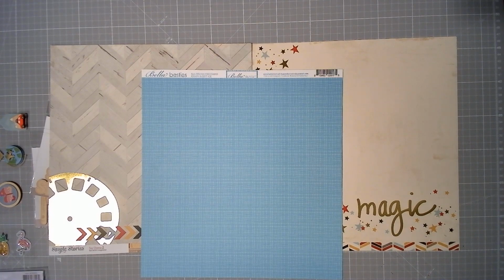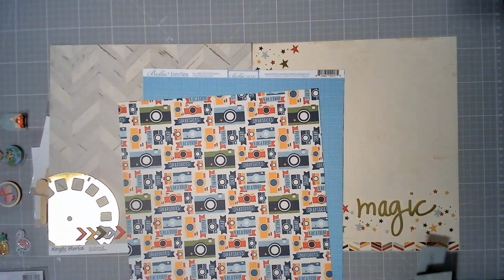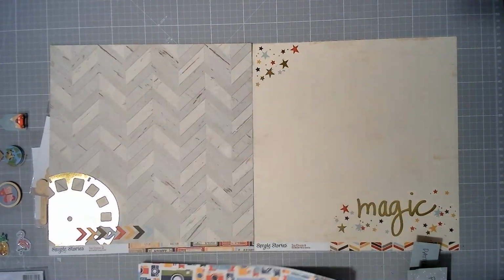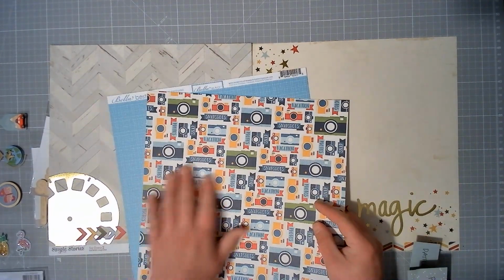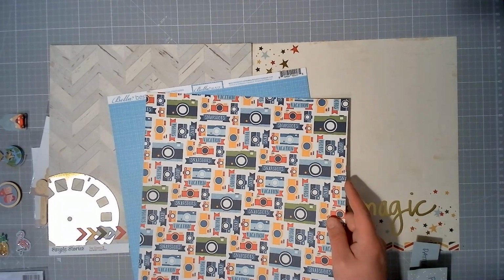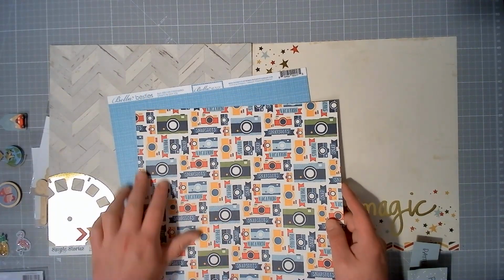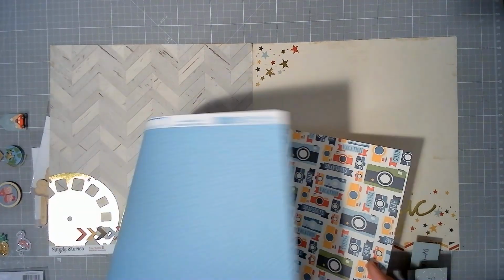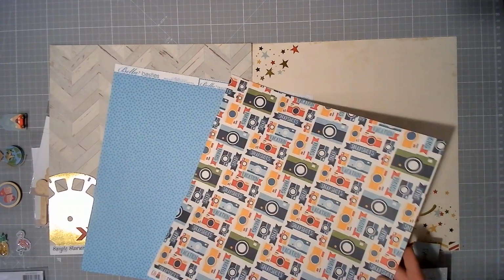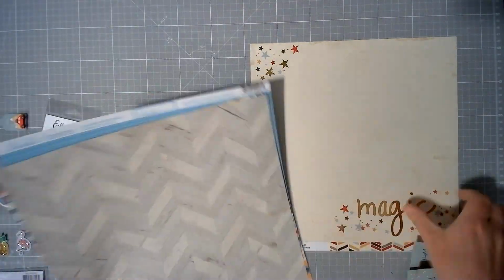just having a look, perhaps that as well. So these are obviously from a Disney-esque collection from Simple Stories. It doesn't mean that we have to use that. Picking out the blue from this paper from Go See Explore from Echo Park, we can see that the blue matches with this Bella Besties, and we've got the graph or the dots, so we can decide as we go. So I'm going to say that that is the base of another page kit,